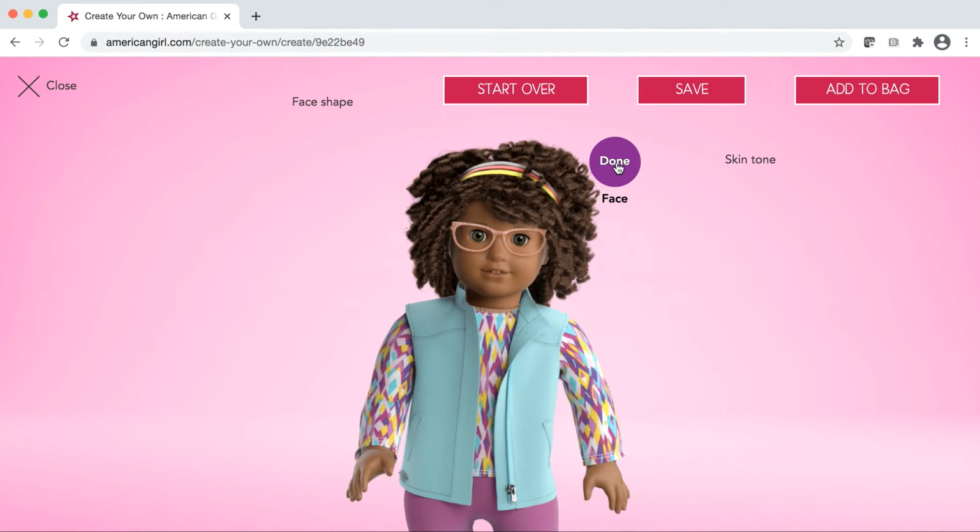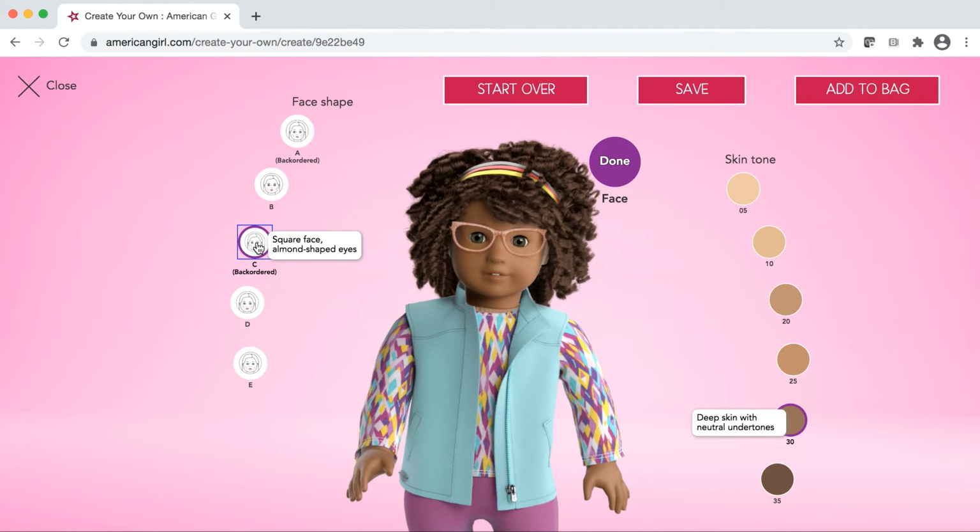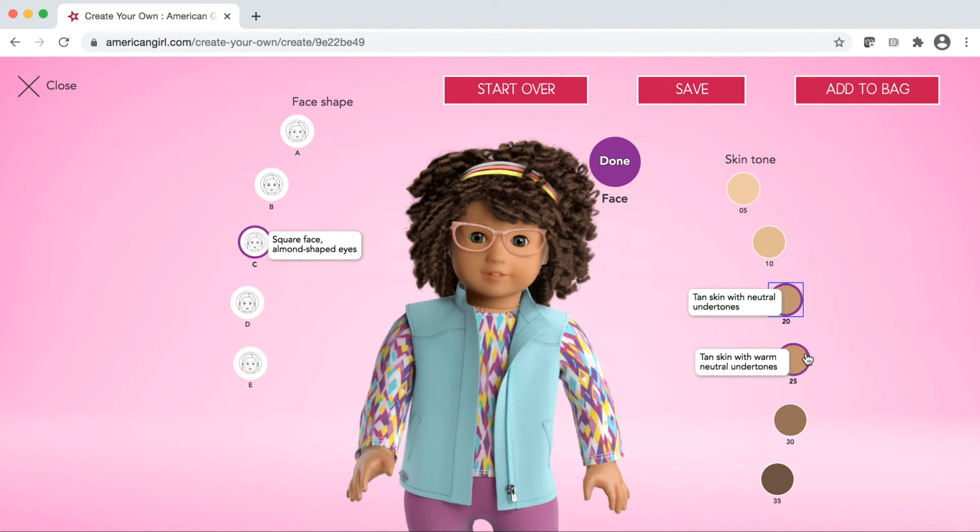So I picked the Jess face mold, which is actually face mold C, square face, almond-shaped eyes. I picked skin tone 20, which is tan skin with neutral undertones, which is kind of like your medium skin. I thought that the 25 would be a little bit too dark, but after seeing her in person at number 20, I'm actually thinking 25 might have been more what I had been thinking of in terms of medium skin,